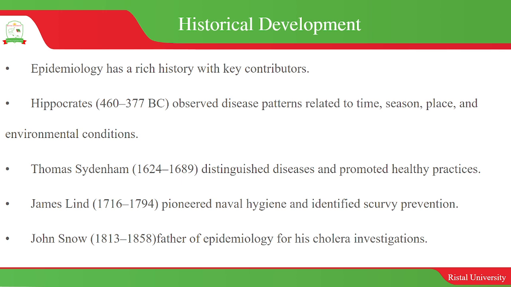And then the next person that I can talk about is John Snow, who is basically regarded as the father of epidemiology. He discovered that people who were dying of the cholera epidemic in London died because they were drinking water that was from a contaminated source.